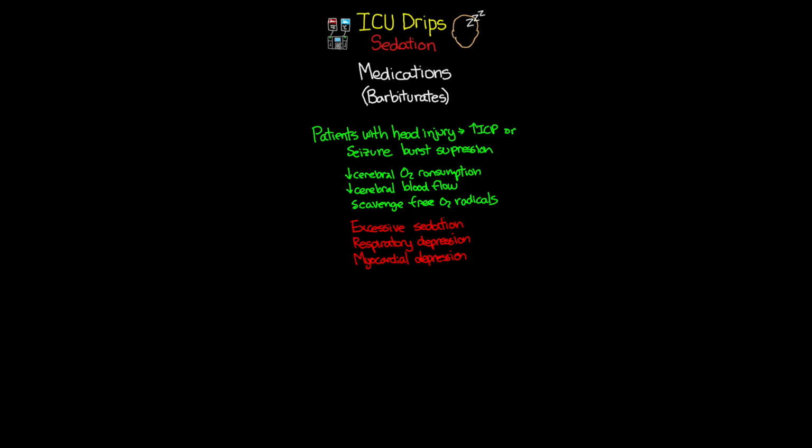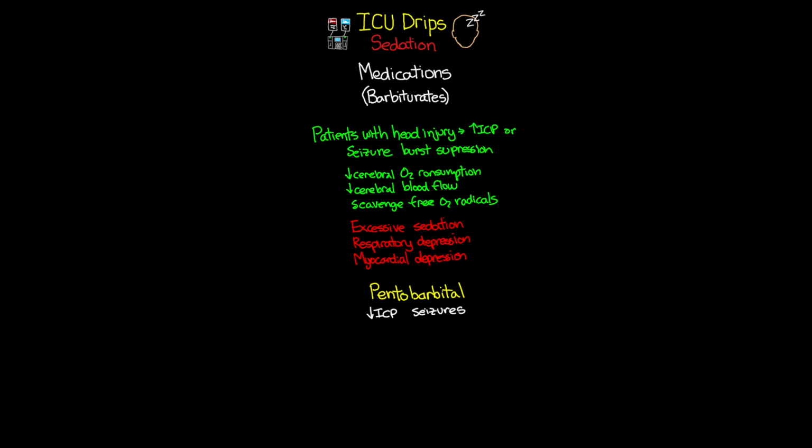Now, the one medication I do want to talk about within this class is a medication that we call pentobarbital. And like I said, we're using this one to try to decrease our patient's ICP and control the seizure activity. And really, we're doing this when all other interventions have failed for this patient.